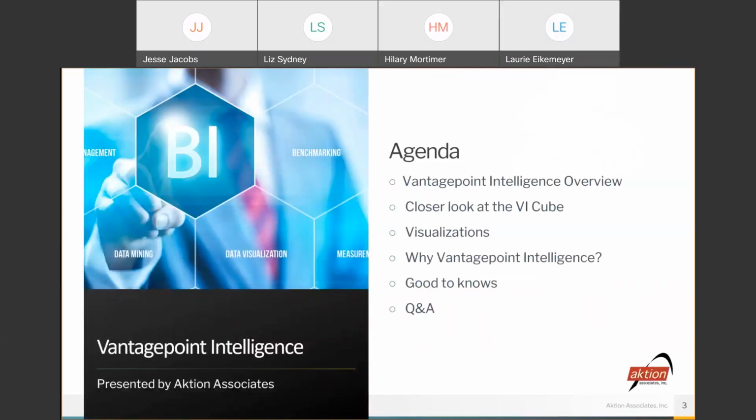Let's take a quick look at our agenda today for the webinar. We're going to go through a quick overview of the Vantagepoint Intelligence. We're going to take a closer look at the cube. We're going to look at some illustrations and visualizations, and we're going to talk about why Vantagepoint Intelligence. We're going to look at some good to knows, and then we're going to do a little Q&A at the end. So let's jump right in